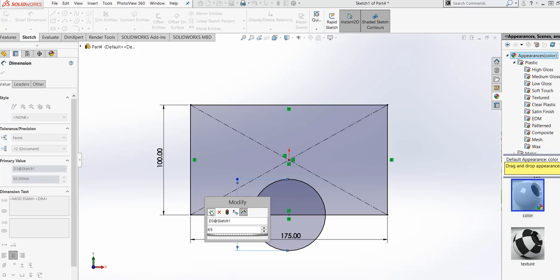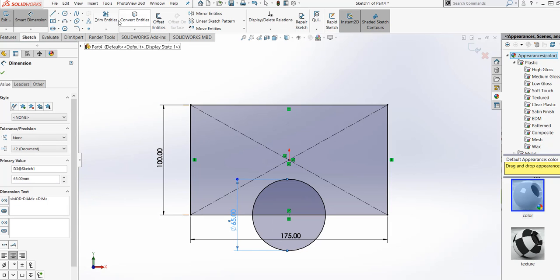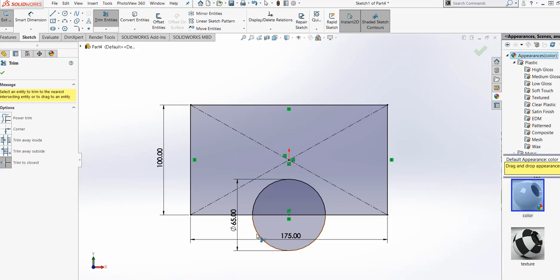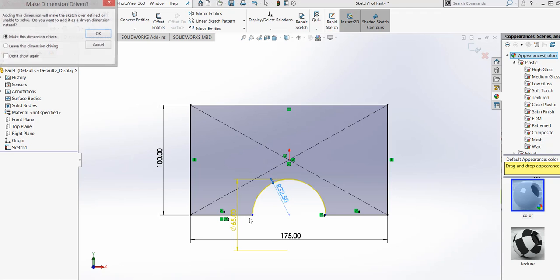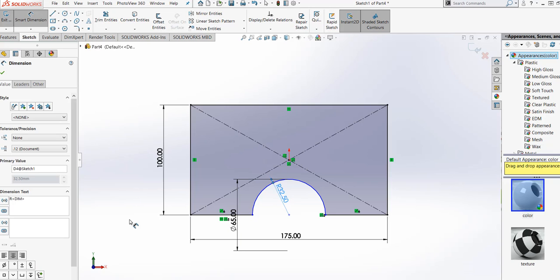Regenerate. Click OK. And then put this circle to remove some edges. Also this one. And now 32. Just let it be, OK.